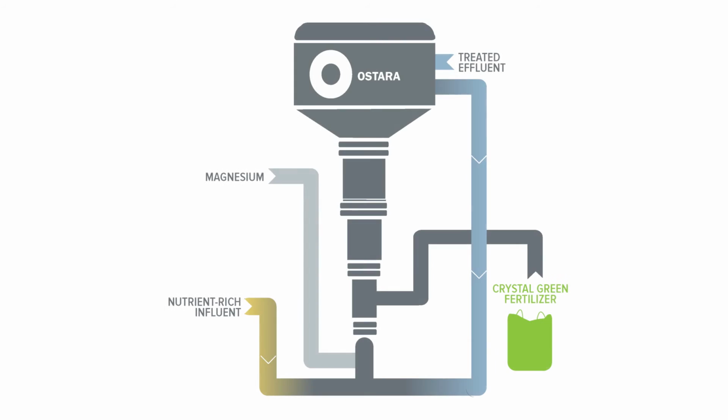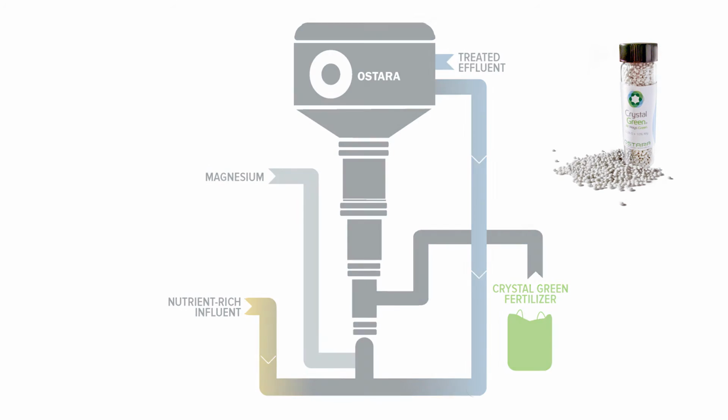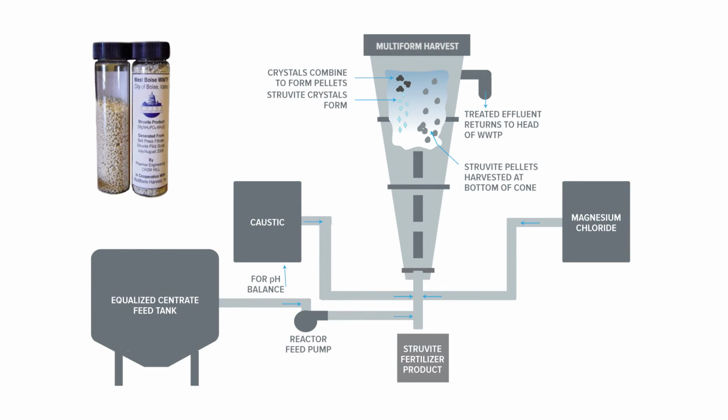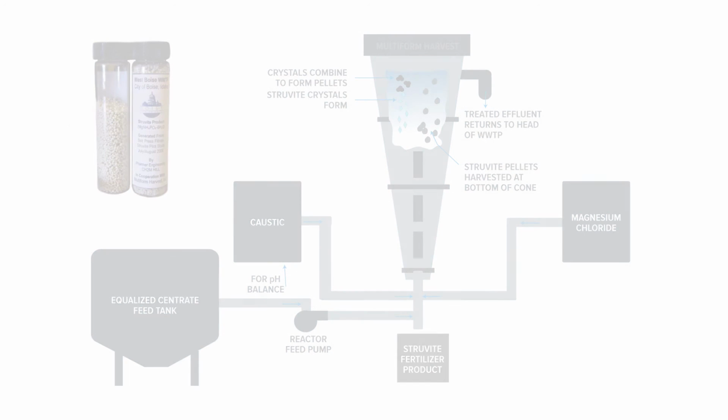And then depending on the manufacturer, an internal recycle might be required. In terms of the finished product, the resulting pellets from the Ostara process are actually ready to sell. They call it Crystal Green fertilizer. And then from Multiform Harvest, the finished product is a raw form of struvite. It's got kind of a sandy consistency, and that gets processed into fertilizer or other products off-site on the